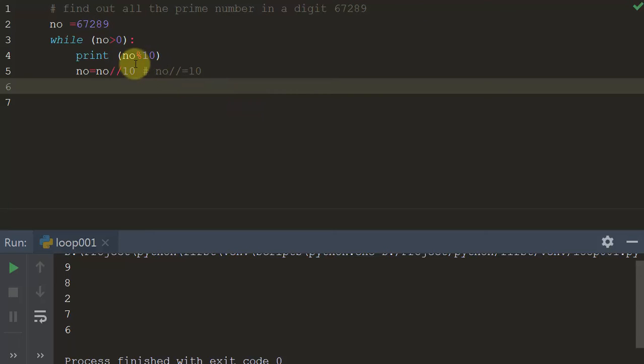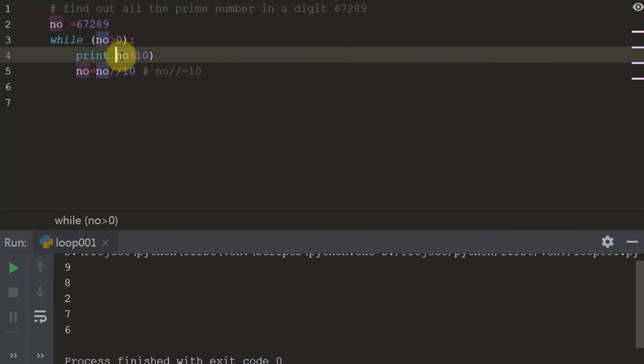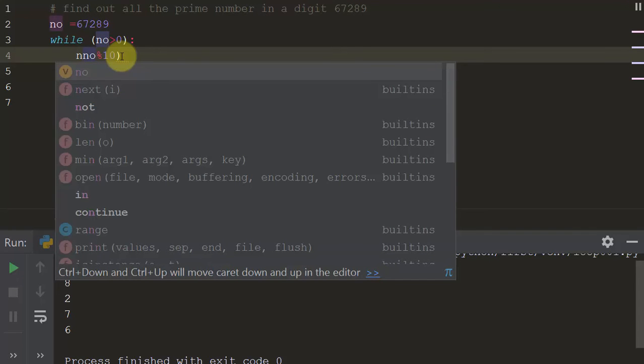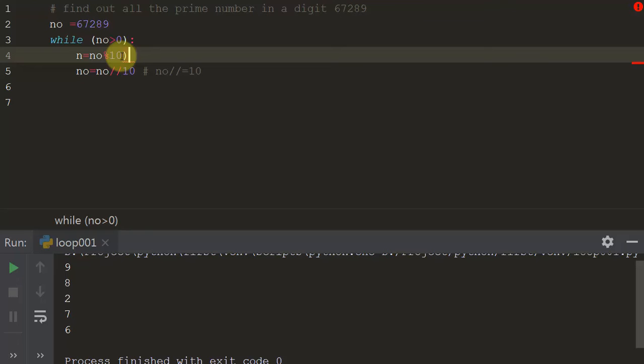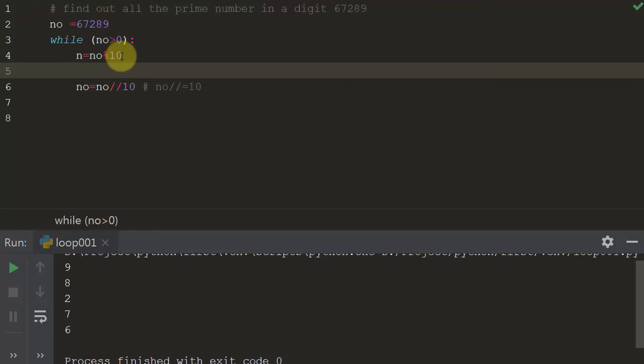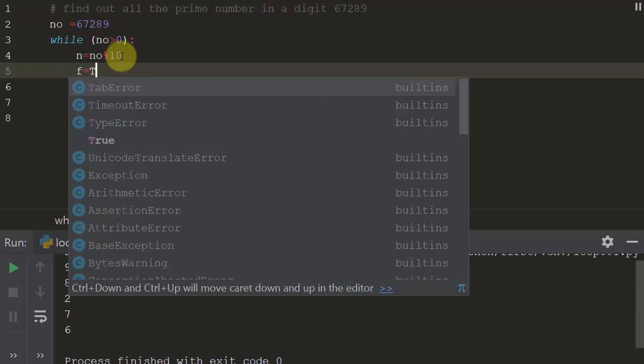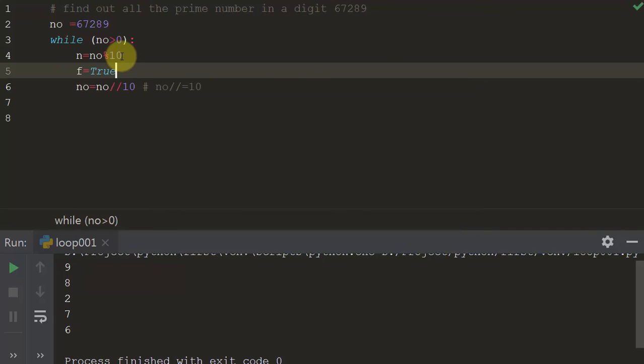Now I'm going to store these values in a variable called n. So n stores the individual digits, and then I have to find out whether this n is a prime number or not. For this we will take a flag. Initially we say that the number is true, that is, prime, because it will be easy.